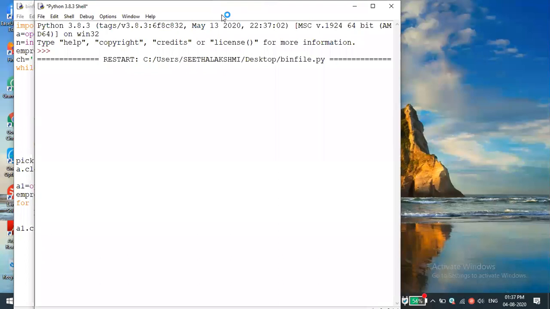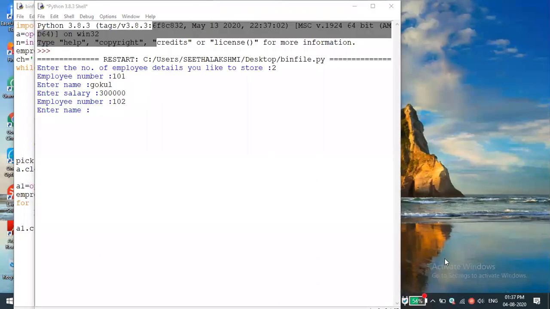Oh my God, it's stuck. Okay, I'm just giving 2 number. It is asking, so 101. I'm just giving employee number, employee name, I'm giving salary. Okay, whatever it may be. So employee number again. Sir, the screen was stuck. Now is it okay?